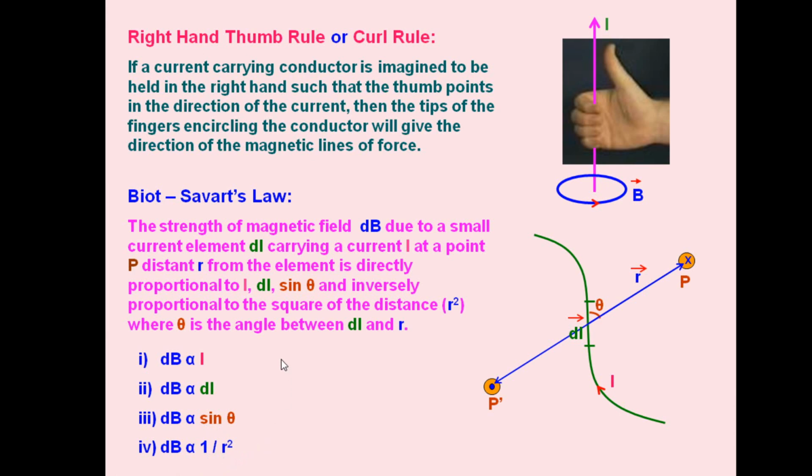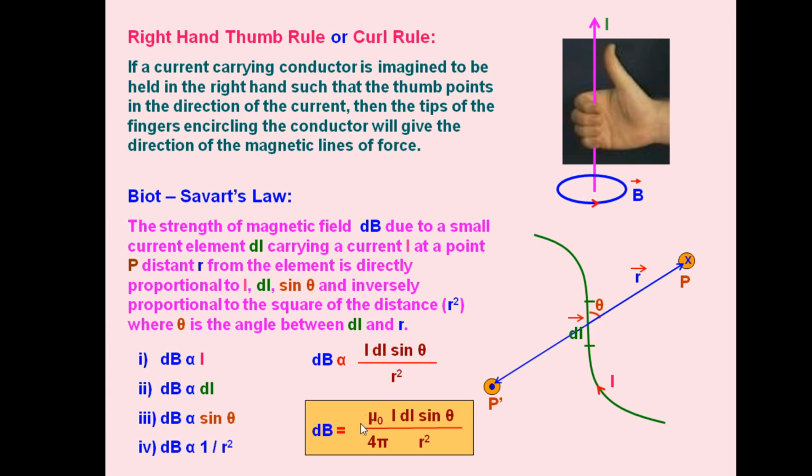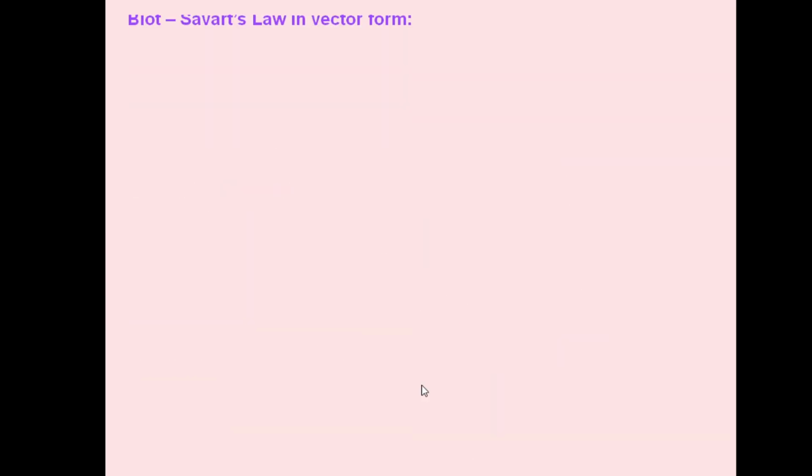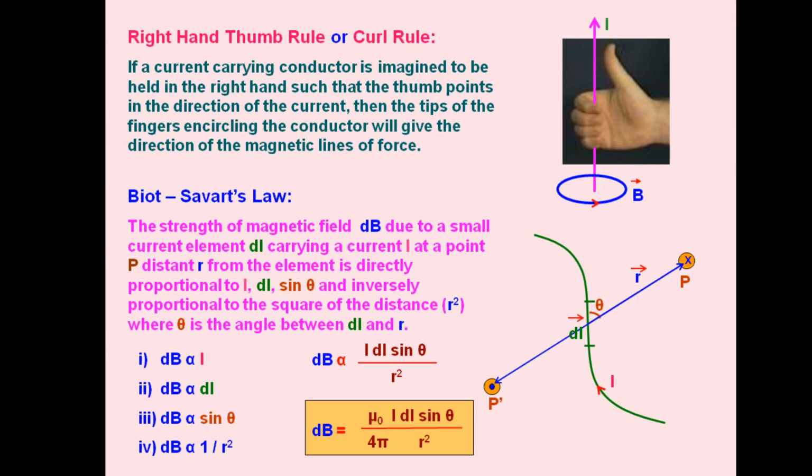So if we combine all these relations, we get dB is proportional to I dl sine theta by r square. Now breaking this proportionality, we always get equal to along with the constant, and here the constant is mu naught by 4 pi I dl sine theta by r square. So here the expression mu naught by 4 pi, its value is 10 to the power minus 7